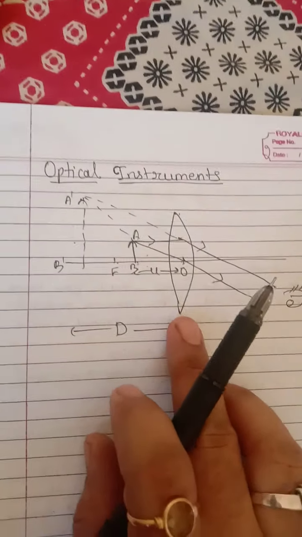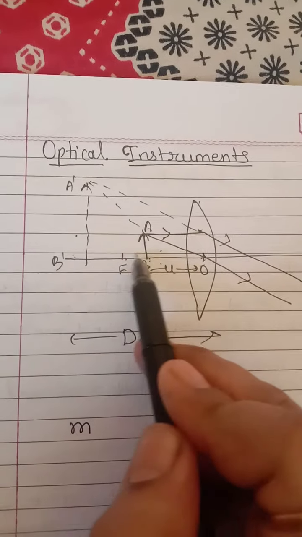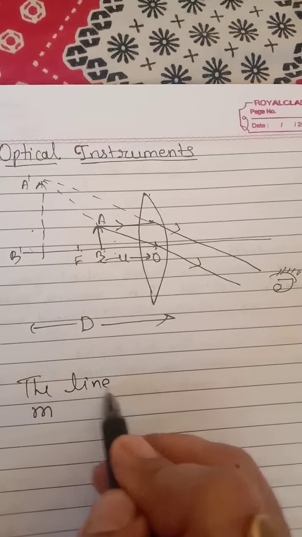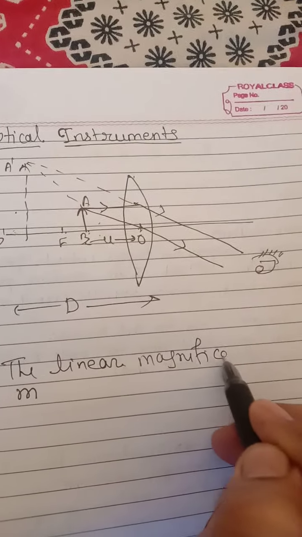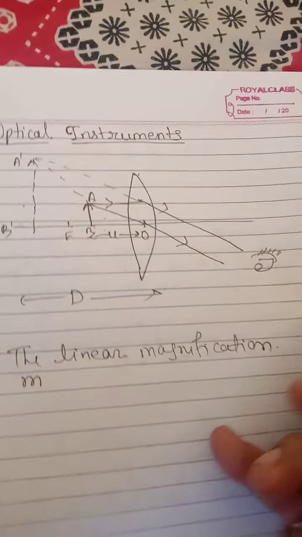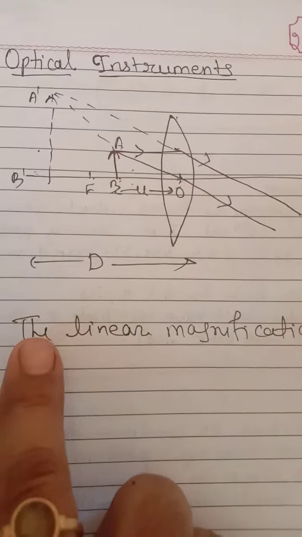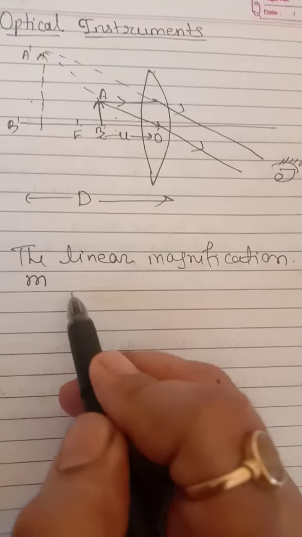That is the linear magnification, M. Linear magnification. Why? Because we are doing everything on the same axis. That's why here we use the word linear magnification. Okay, magnification is used a lot of times, but since it is happening on the same axis, we are going to use the term linear magnification. See it, a very clear and easy derivation.